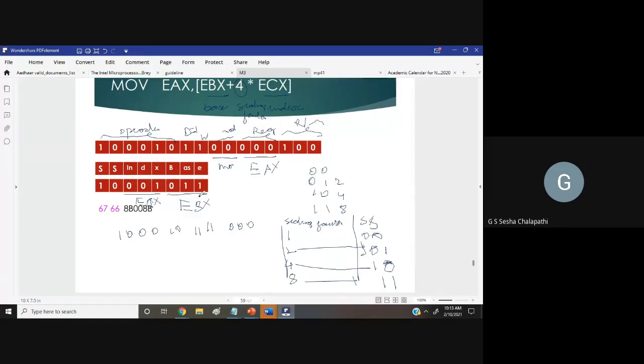So the whole thing, if you convert it into hexadecimal, it will be 8 followed by B, then 0, then 4.